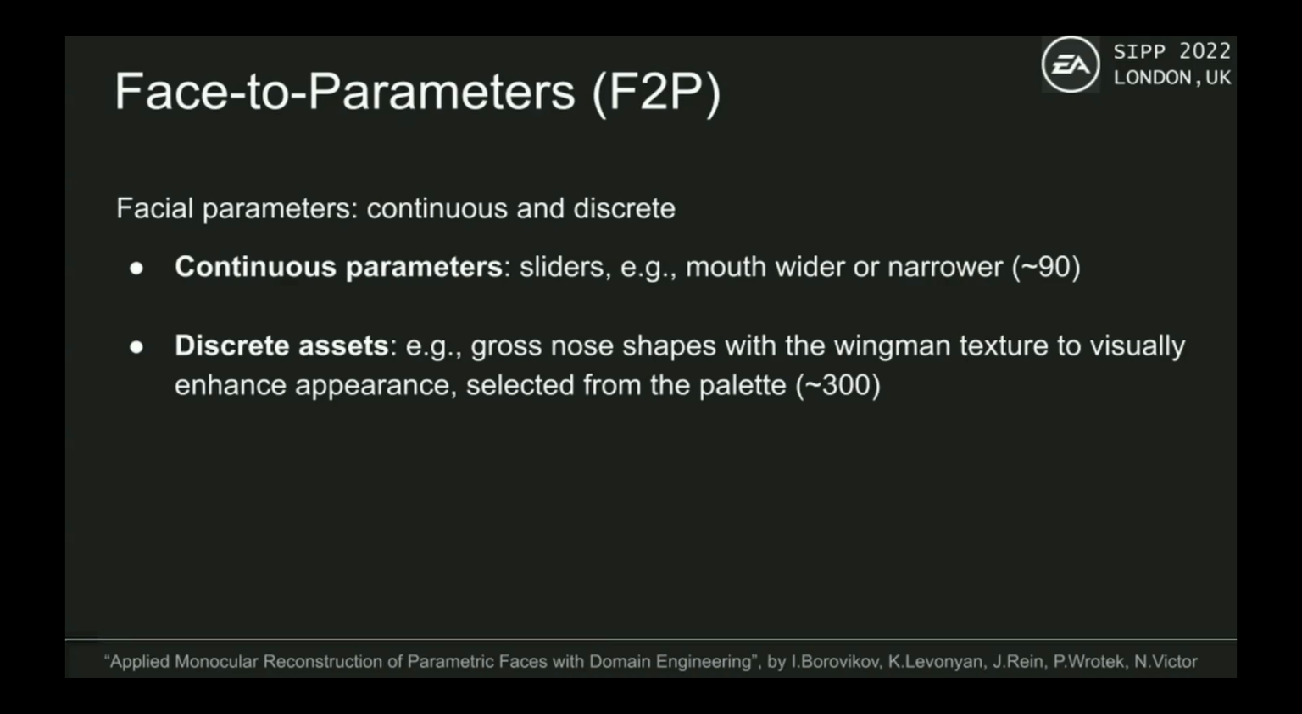Discrete parameters correspond to other types of elements. They bring in gross changes to the underlying mesh. They may also come with a texture that enhances the results visually. The total number of discrete elements in one of our applications is around 300, but they are broken by facial regions and as such are split by subspaces. Also, there are other discrete elements like color palette selections, hairstyle, accessories, etc., which we are not covering in this